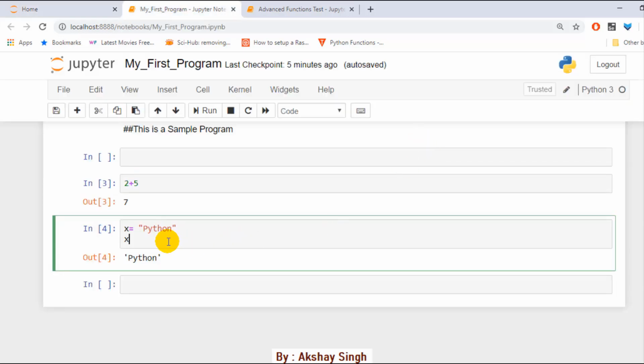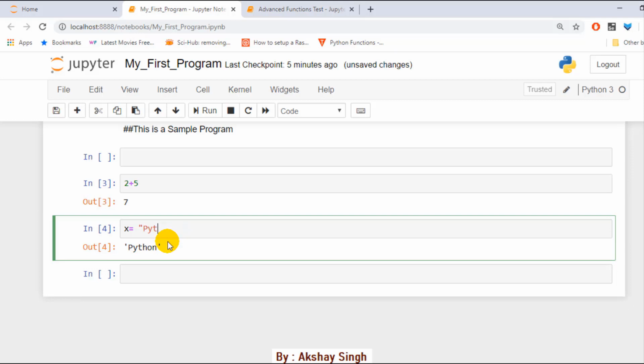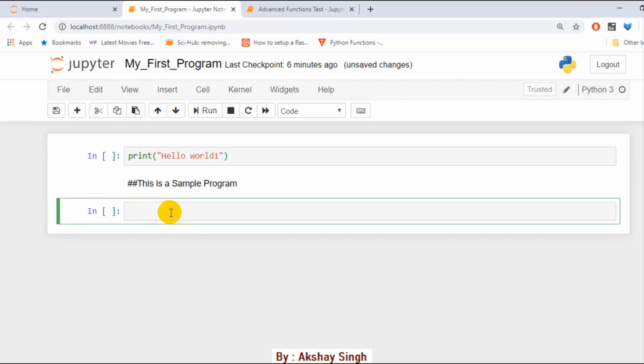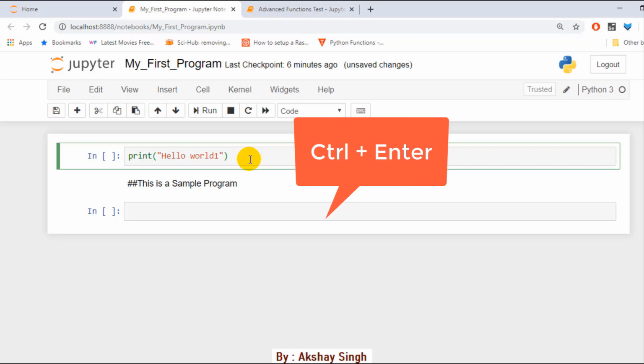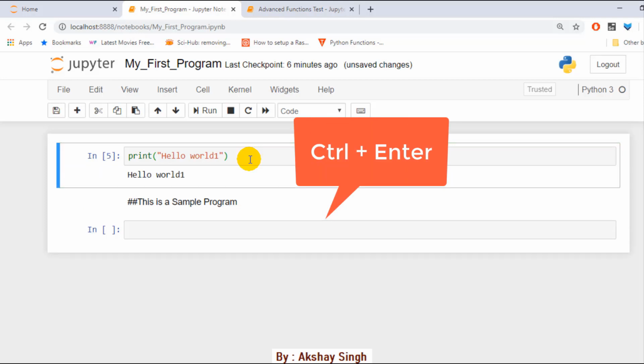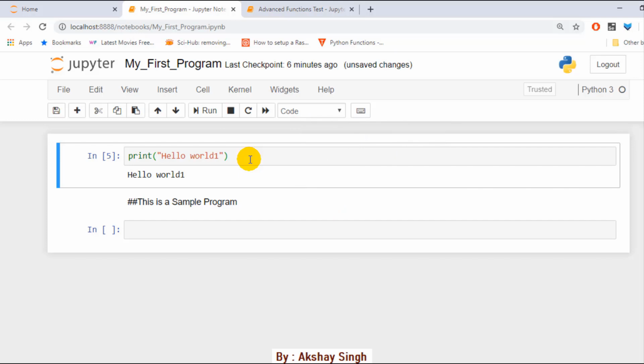Let me show you some shortcuts that can be used while using this Jupyter Notebook. The shortcut for executing the code is just press Ctrl and Enter. See. So Ctrl plus Enter is used for executing the current cell.